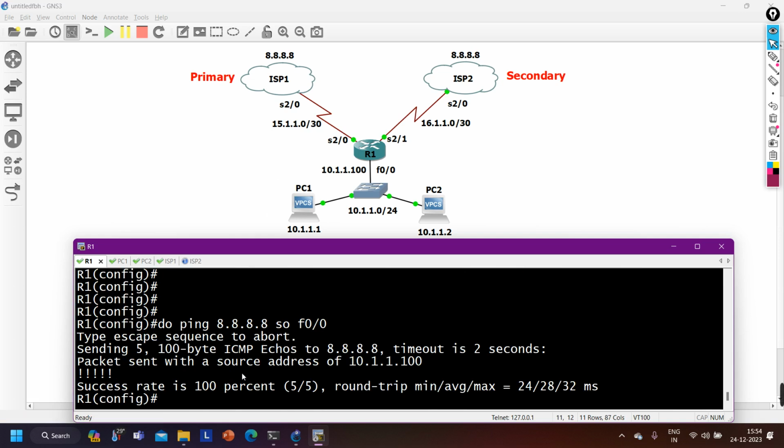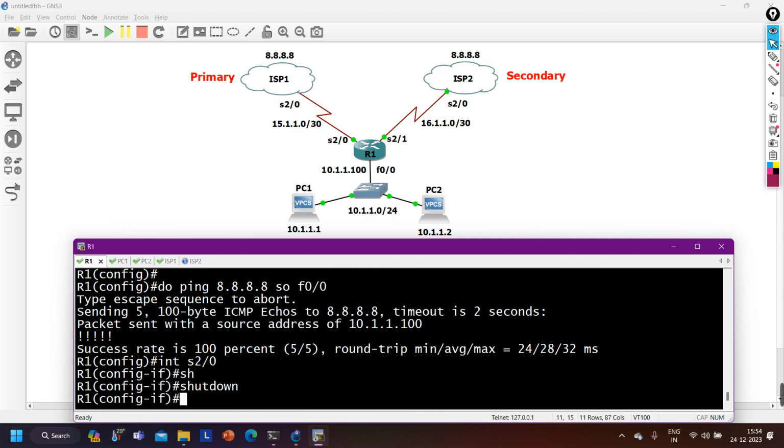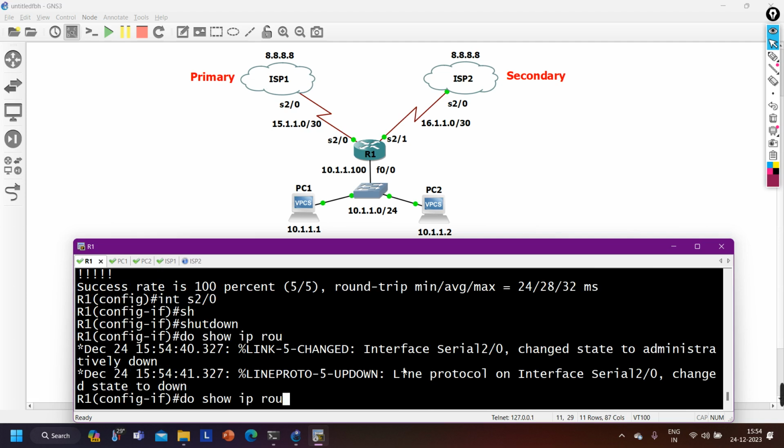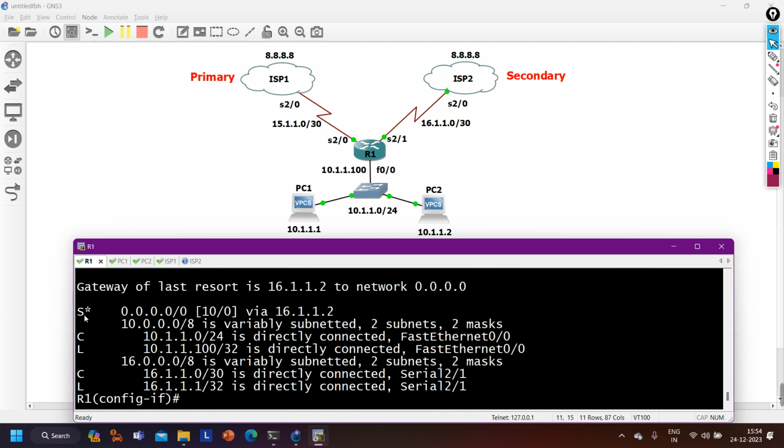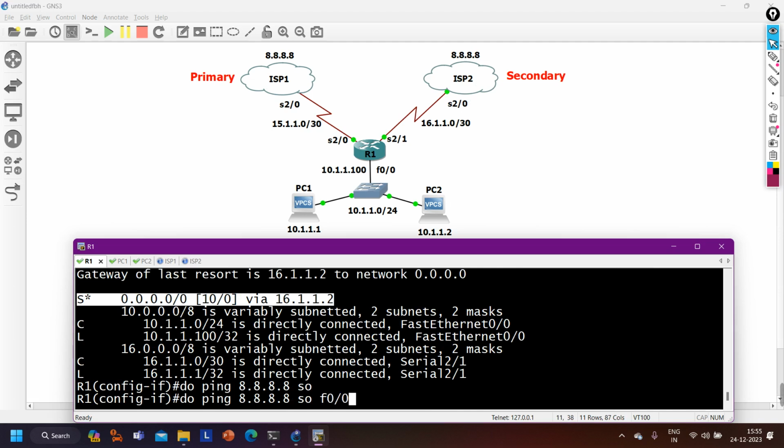through ISP1. Now let's say ISP1 is not available or ISP1 is down. If I shut down interface serial 2/0, and do show IP route, you can see the log message. Soon the track will also go down. You can see the track is down now. Okay, and show IP route. Now you can see in the routing table, router 1 has installed this default route, meaning the default route is now towards ISP2. Again if I ping 8.8.8.8 with source FastEthernet 0/0,